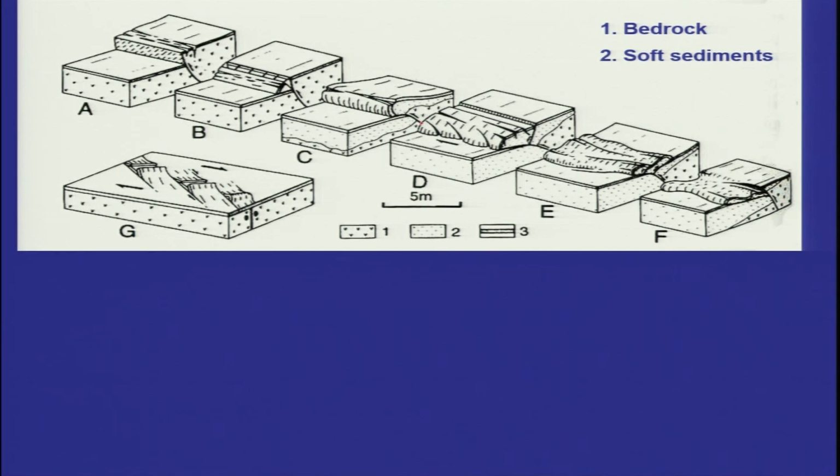sediment. So what it typically shows is that in the bedrock the fault has remained almost with a high inclination, or dip, and then as soon as it goes into the soft deposits it bends, and similarly it has been shown here. So it has a very sharp high inclination and it bends here. Okay, and third is your surface. So you have the surface here. As soon as it comes through the surface it becomes almost flat, or the inclination is reduced, the dip reduces. Okay, so this should be kept in mind when we are opening the trench and trying to identify